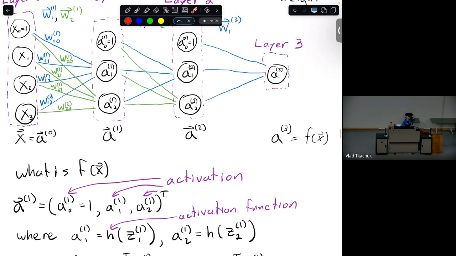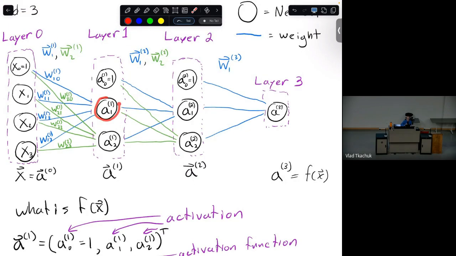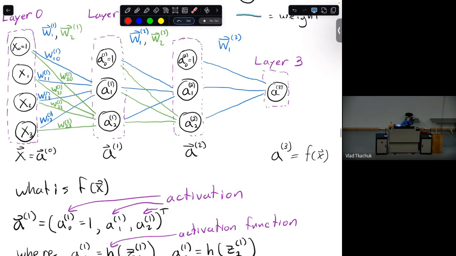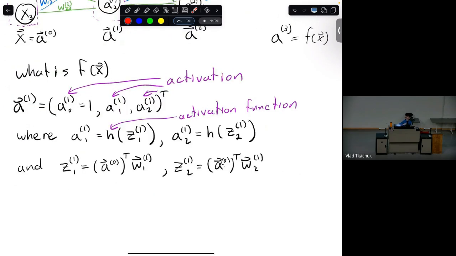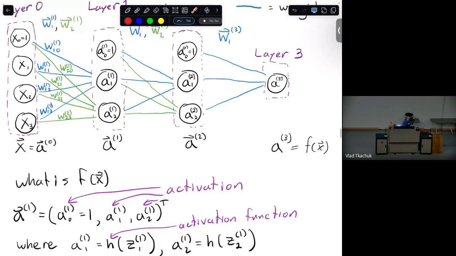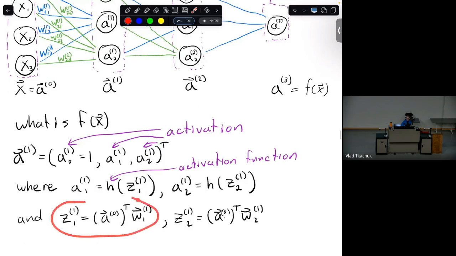Okay, what are all these things? What I've done so far is I've defined what these are equal to. What is their definition? It's as you might kind of expect. Like, let's look at what is the definition of A1, this activation. Well, first of all, it's going to have this dot product of the input feature, which is A0, dot producted with the weight vector, this weight vector here, W1. Right? Okay. So that's the Z's. The Z's are these dot products. So Z11 is the input, right? That's this thing, dot producted with the weight vector W1. Those are the blue lines. So Z's are always going to be these linear functions, these dot products.